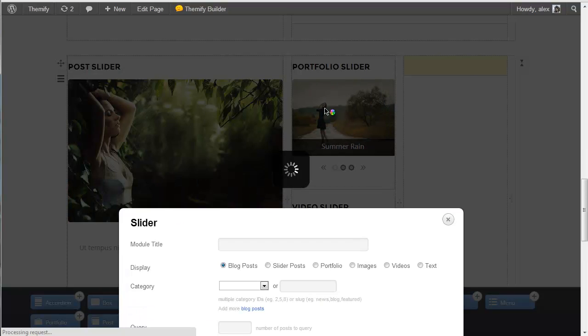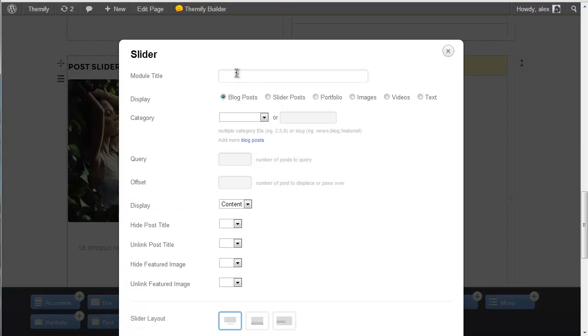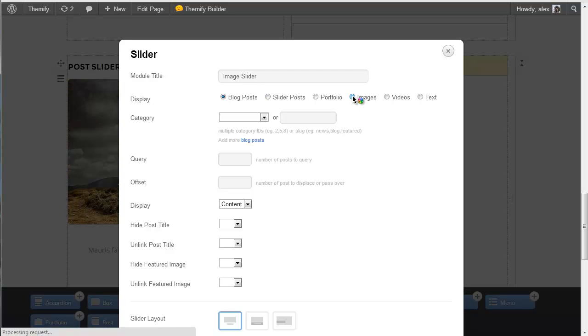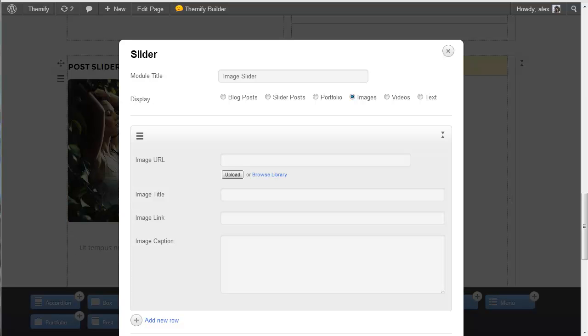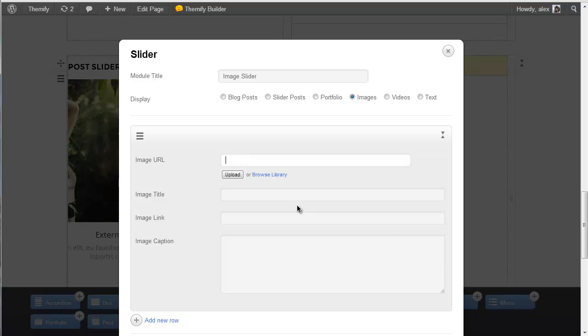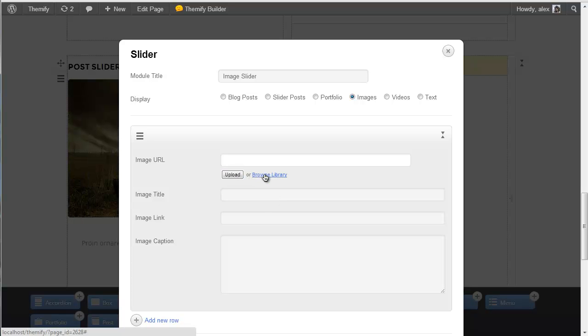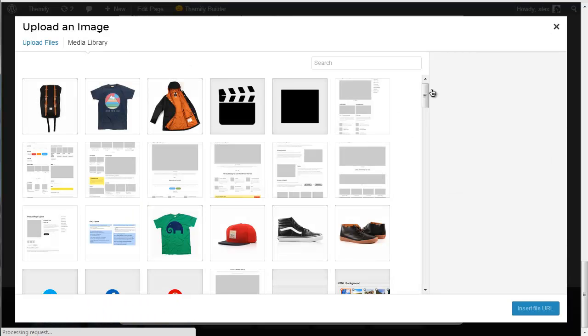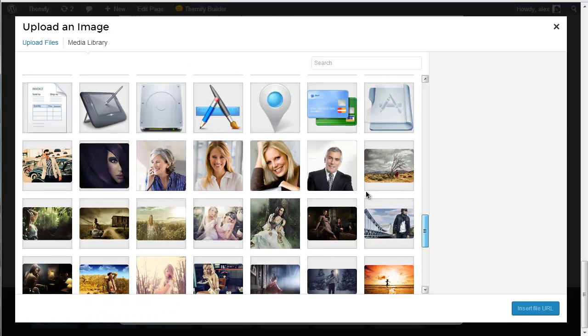And first off, we'll show off the image slider. So I'm just going to take the title here and tick the box that says images. Again, this brings up the rows that were in the videos, and you can enter all the details about the images you want here, and of course add extra rows and duplicate and move them around as you would expect. So adding in my image here, again I can upload or browse the media library. So again, I'm just going to choose a picture here that I've already uploaded, and I'll just go for this one at random